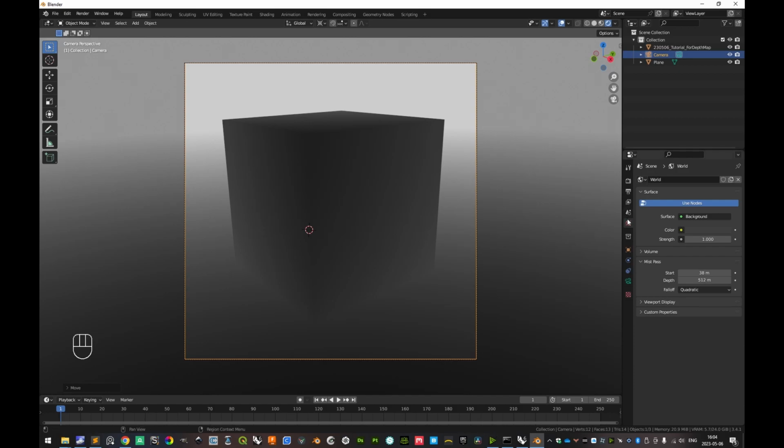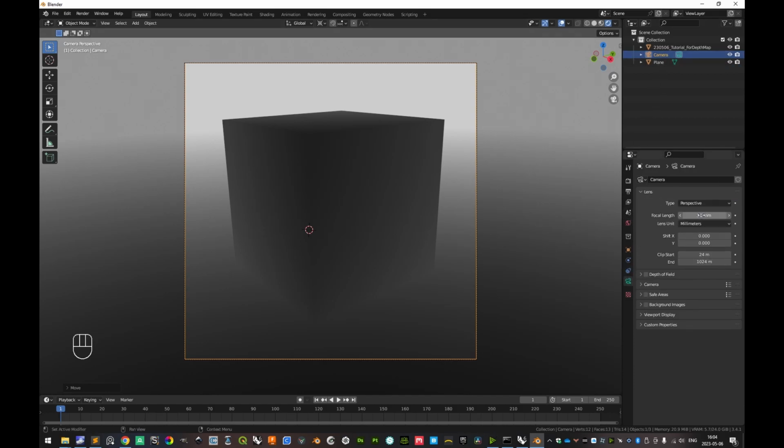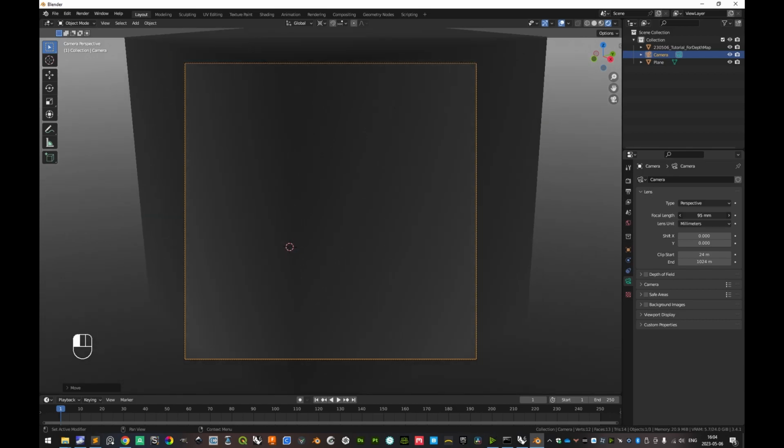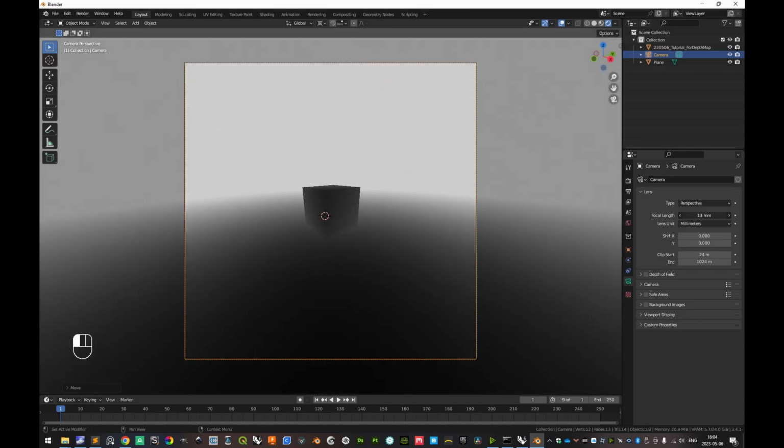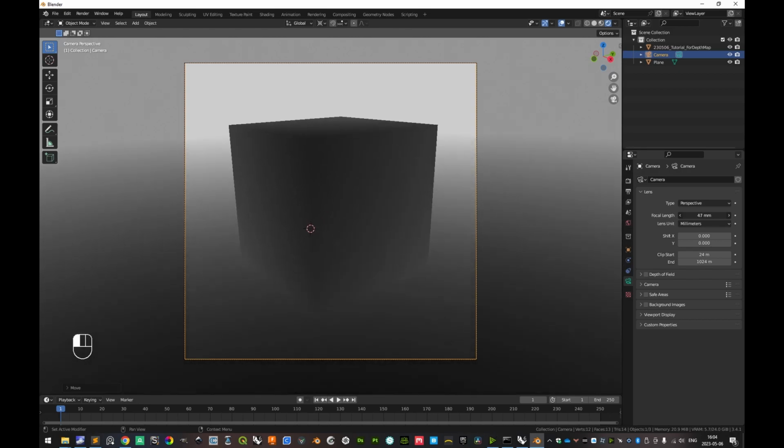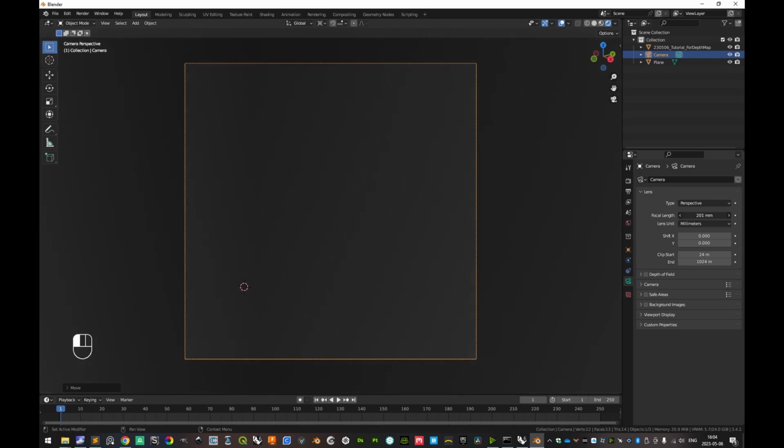And also wanting to show this, if you have the camera selected and go here to camera, you can change, of course, the focal length. The default 50mm is fairly standard. Perhaps this is more pedagogical if I slide this. If you increase this, it gets more and more telephoto. If I decrease this, it gets more and more wide angle. So depending on how you want it to look. Actually, we can do more telephoto, more isometric-esque. So perhaps like